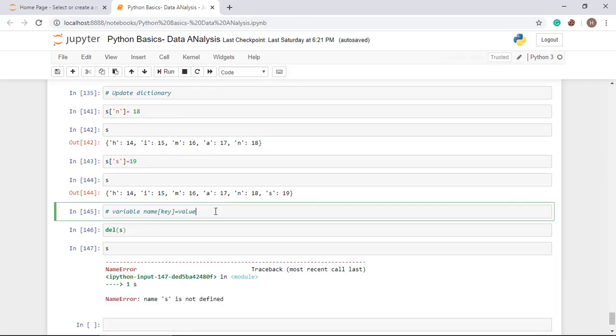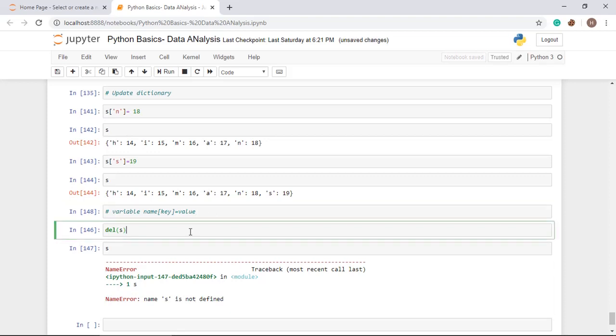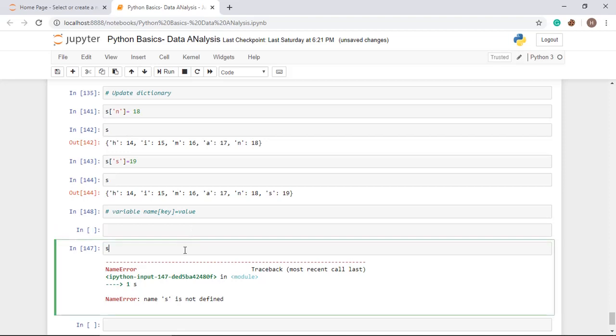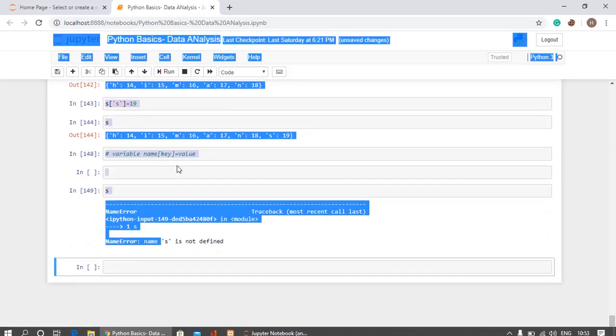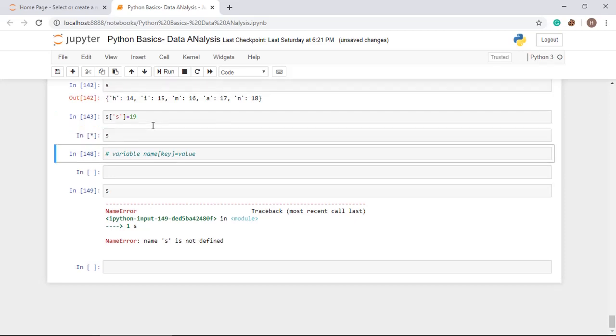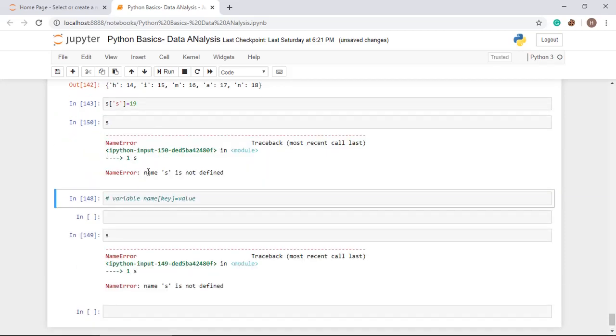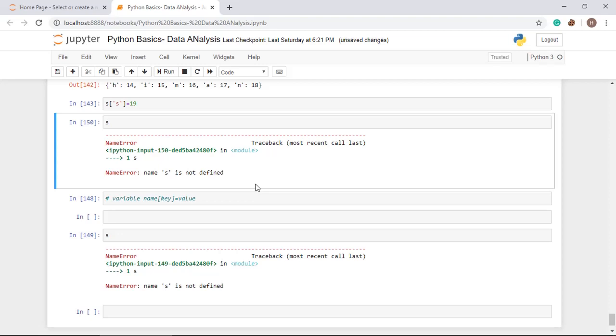Again when you call it, it will show the same thing, S is not defined, meaning the dictionary has been permanently deleted from the system. So for deleting a dictionary we use del.